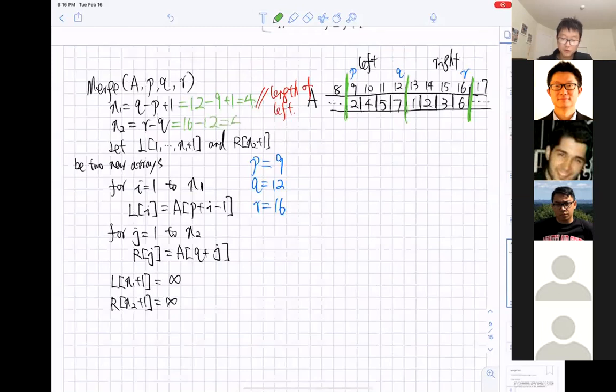It is 4. So what does N2 stand for? It's the array length of the right side from Q plus 1 to R. So it's the length of the right subarray.